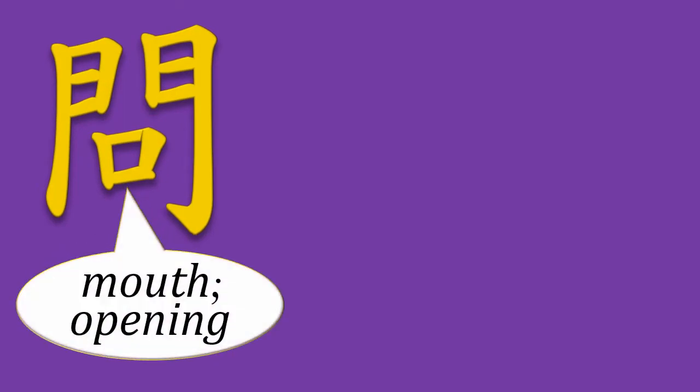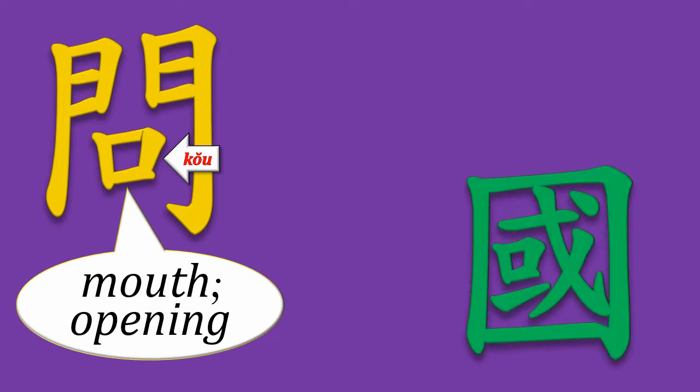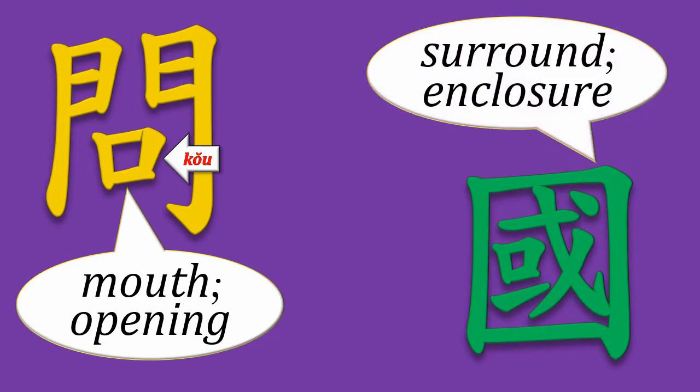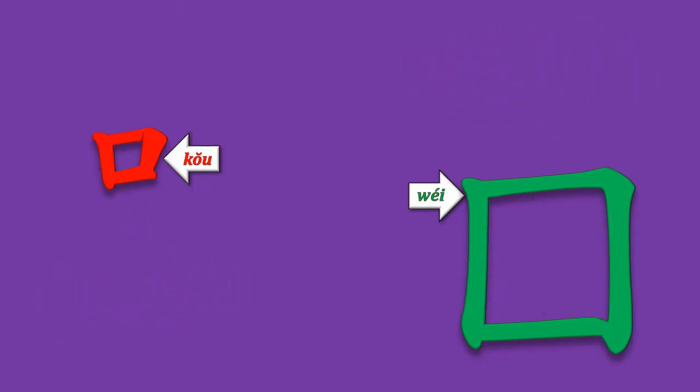First, let's compare 2 characters with similar-looking elements. 问, to ask, which has a mouth radical ko between the doors, and 国, country, which contains both a small and a large enclosure, called wei in Chinese calligraphy. The characters in today's lesson refer only to enclosures, which are usually, but not always, larger in size than the